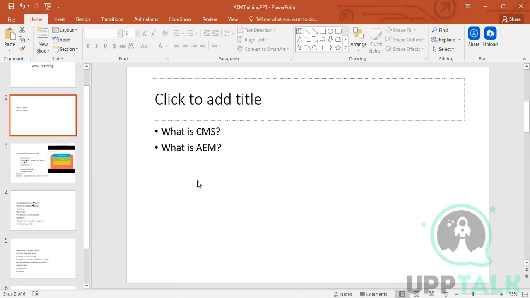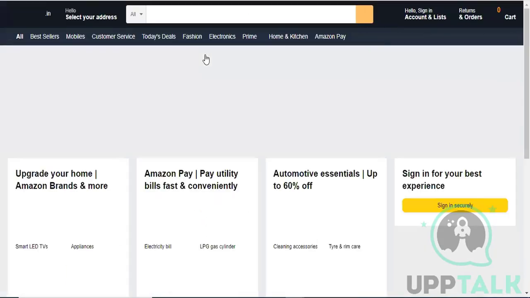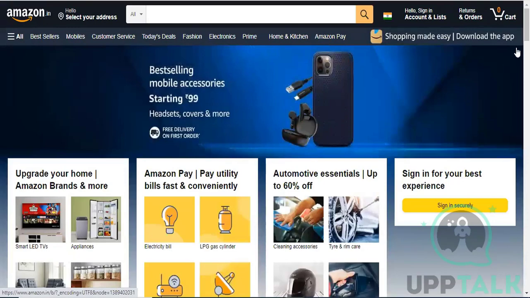That is, content management system. There are a whole lot of websites which are highly rich in content. Of course, you would have seen Amazon's website. Amazon has a lot of content on its website. If I open the Amazon website, you would see a lot of content. When I say content, it means a lot of images, a lot of